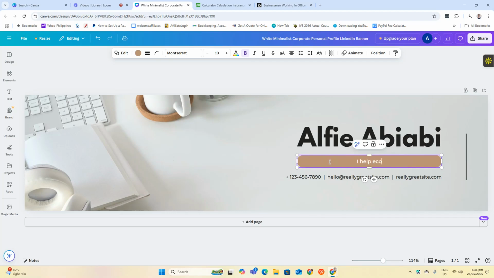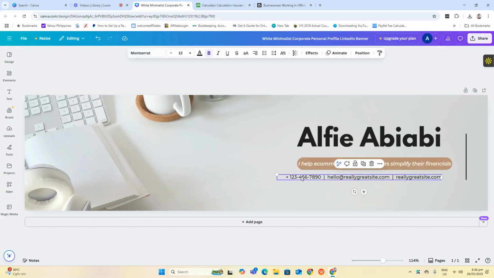I have e-commerce business owners simplify their financials. Okay. And then you can place here your contact number and then place here your website.